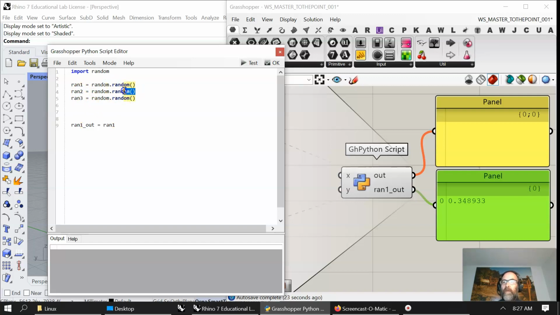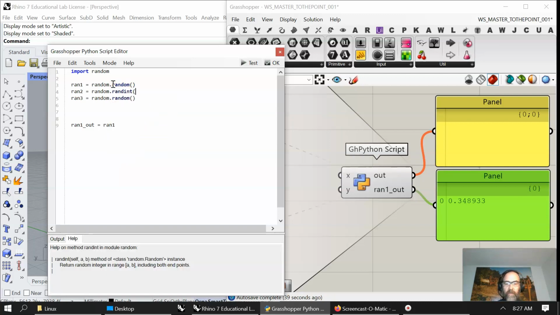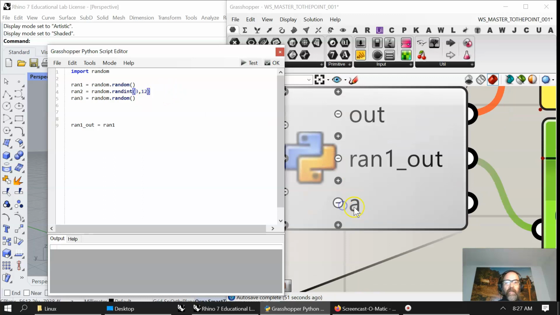And what I'm going to do is back off on here, back to this section, to the M, and hit dot and see what other choices come up. Well, there's plenty in there, but I'm going to show you a random int. And you can imagine what that kind of does, but it's going to ask for a start and stop. So I'm going to start it at 3 and stop it at 12. And that should be enough. And see if we can get a random integer between there and there by running random int 2, and of course we have to add in a second